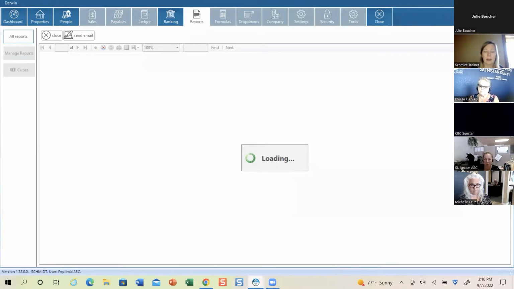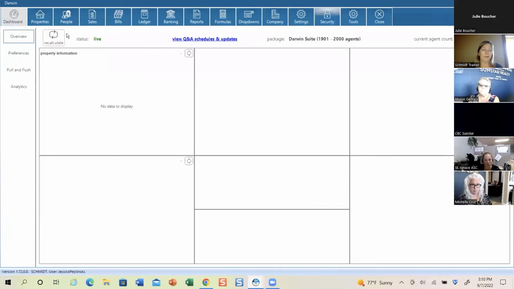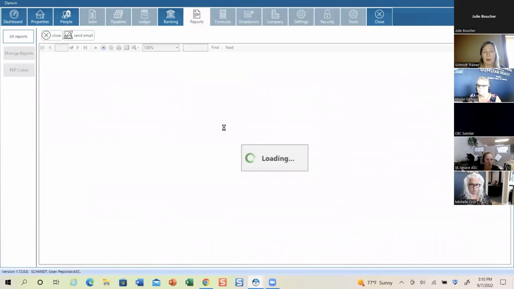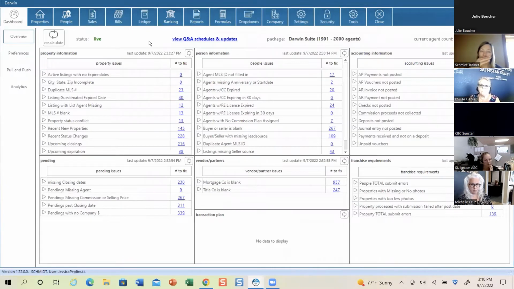And I have another one open. Okay. So I'm just clicking into my other profile because I've got this one running in the background with the report. It does take a few minutes, so I'm just going to keep going. So on that note, we just ran that pending transaction missing financial data. So you don't always have to wait for that report to be sent to you. You can actually run it yourself if you want to do it every Monday or maybe every